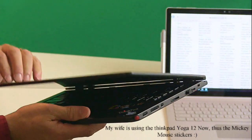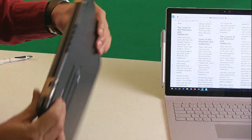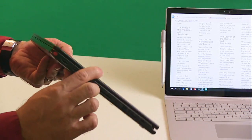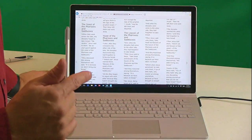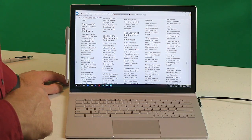Very nice machine, very well built, metal as well, metal hinges, lift and lock, fast, very nice. But I had a lot of problems with the trackpad. Now the second generation Lenovo ThinkPad 12